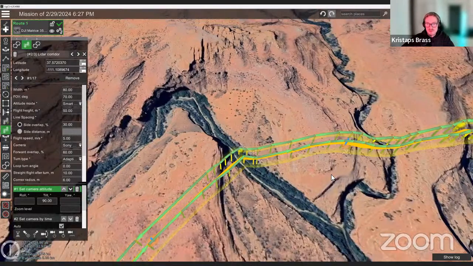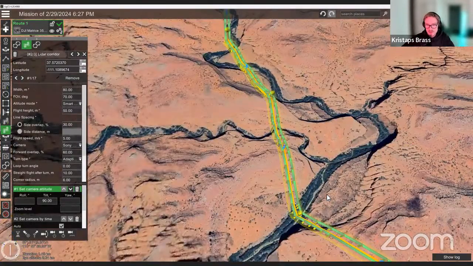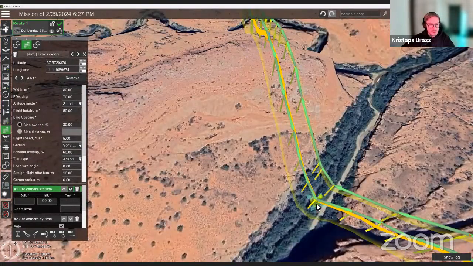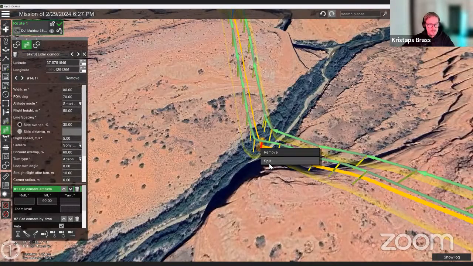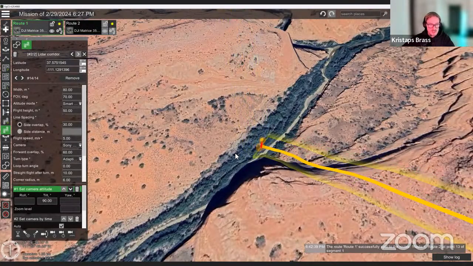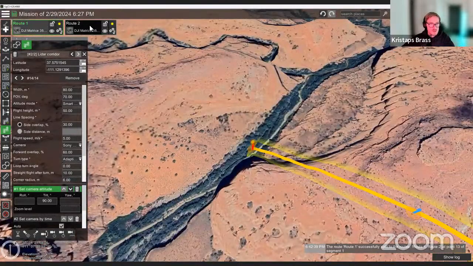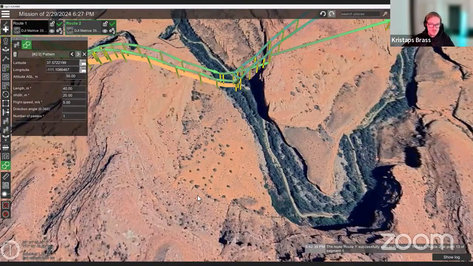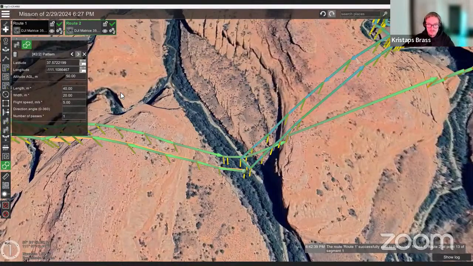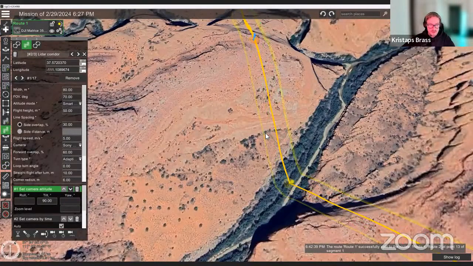So if you want to split the corridor at any point, you can go to any of these approximating points of the corridor, right click on it and select split. What this does is split this corridor into two halves. So now you can see we have two separate routes. That's just one of the things you can do. Let's undo it. Another thing I want to show, under the topic of manipulations with routes you can do in UgCS,